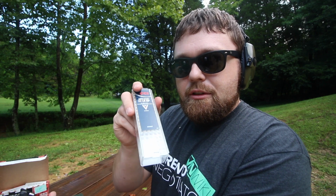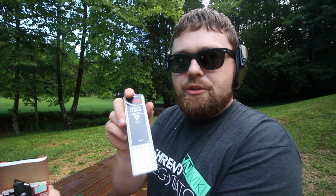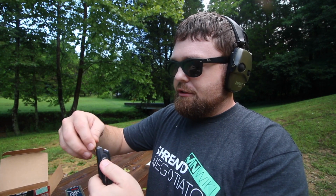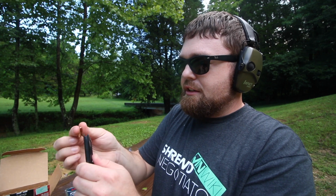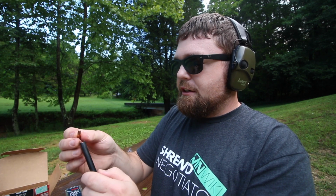This is good stuff, but I tend to like to save it for if I'm doing more precision target type of shooting. If I'm just coming out here blasting a bunch of stuff, I'll bring this. So these magazines have the little thumb follower, make it much easier to load, and it is a 10 round magazine, as most 22s are. Very easy to load,